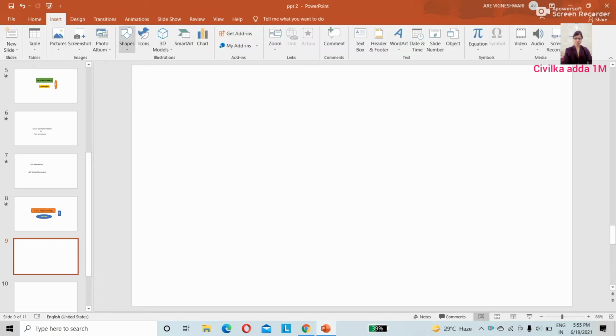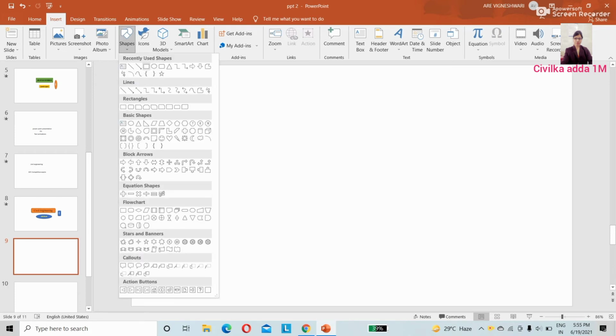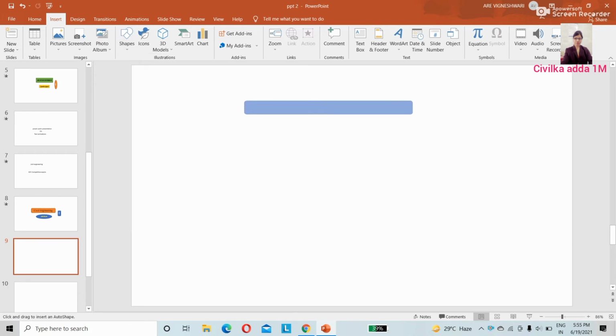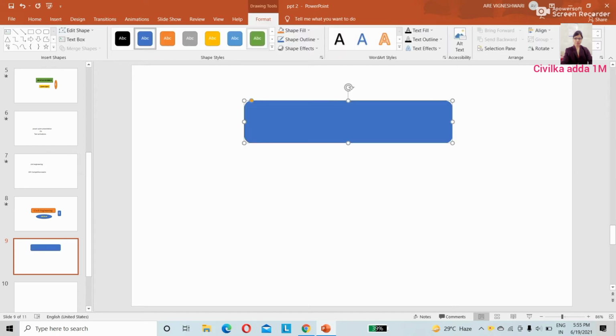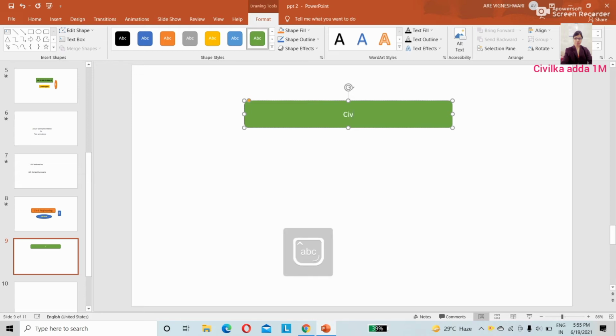So I am selecting these shapes again and changing the color here. I'm writing my own channel name, Civil Ka Adda 1M.